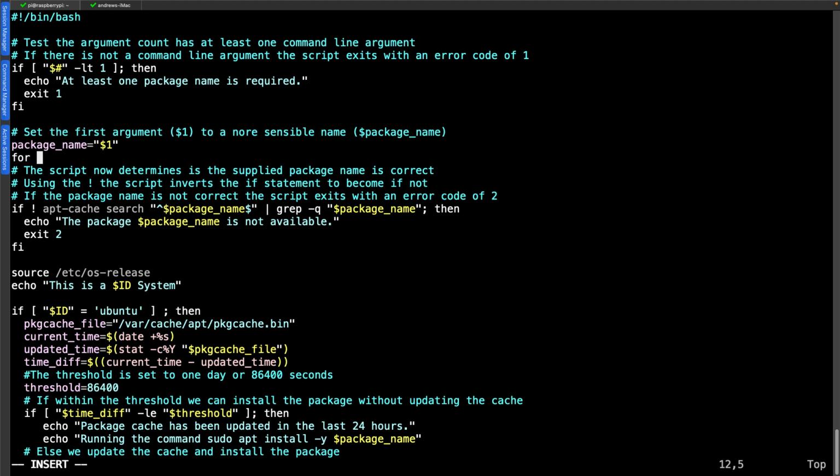So obviously we're using the keyword for, and I can go through and specify a variable to populate. And I can go through and put, let's say, package name in. And then to populate this, we can read from our list of arguments through $ and @. So we're reading in an array of elements, and we do our normal opening of the loop with a semicolon and do. So this is good.